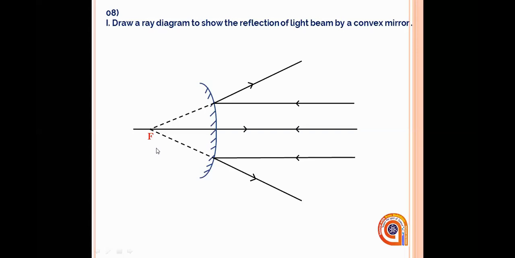So you may be having a question, why do I want to take these 3 parallel light rays or 3 or 4 or whatever? That is because it says the reflection of a light beam. Light beam is made up of light rays. Is it clear? One light beam is made up of a collection of light rays. So we take 2 or more light rays to show light beams. So let me take part 2.